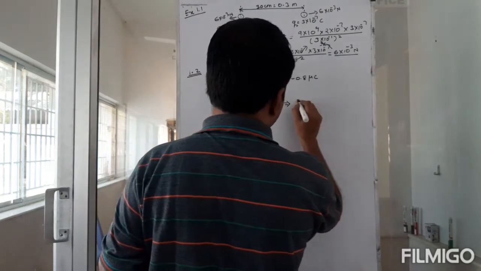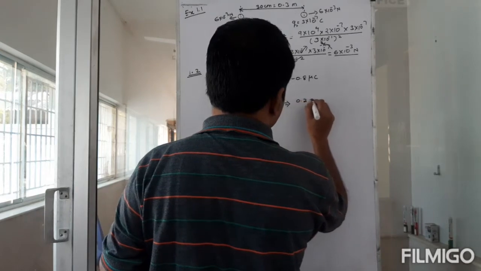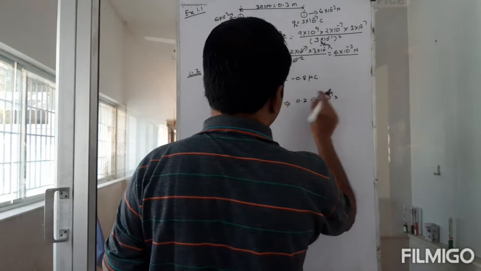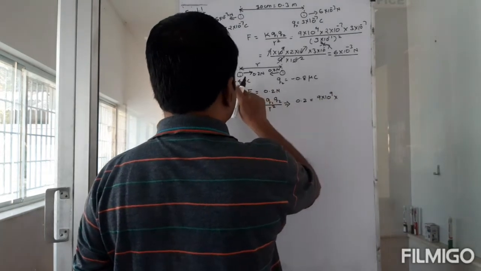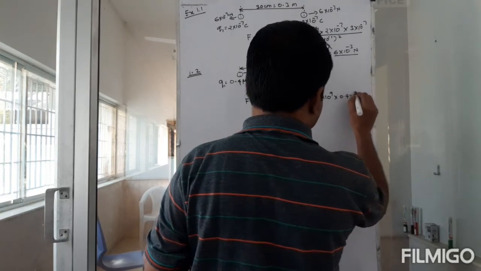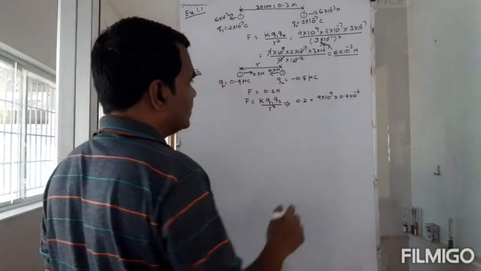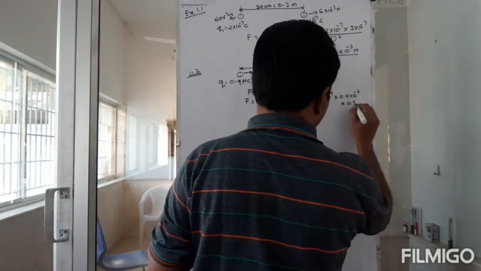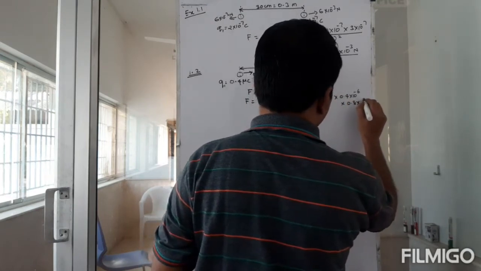It's 0.2 Newton. So 0.2 is equal to 9 into 10 power 9. And what is Q1? The magnitude of Q1 is 0.4 into 10 power minus 6, this is microcoulomb, and multiplied by this, 0.8 into 10 power minus 6